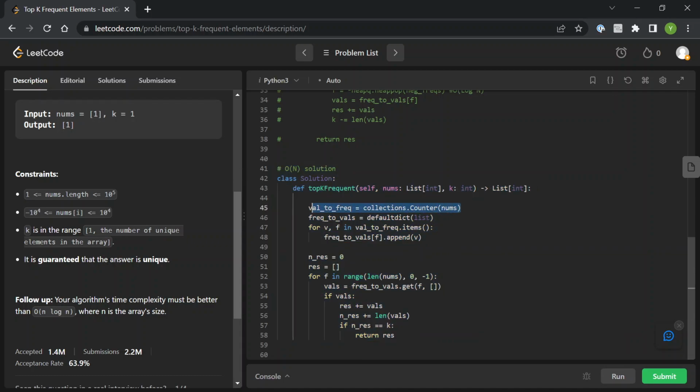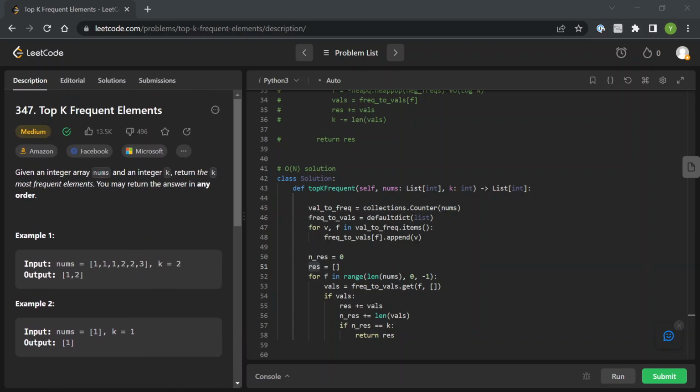And the first step is the same as earlier. We are calling the counter to count the frequency of each element. The second step is also the same. We are basically swapping the key and value. And we have the number of results, which we start as 0, and then we have a result as an array. And for all the frequencies, we go from the highest possible frequency and then -1. So we essentially go from the highest frequency all the way to 0, and each step is -1. So let's say in here the highest frequency is going to be